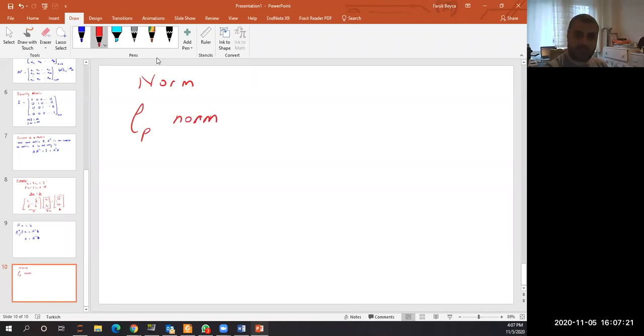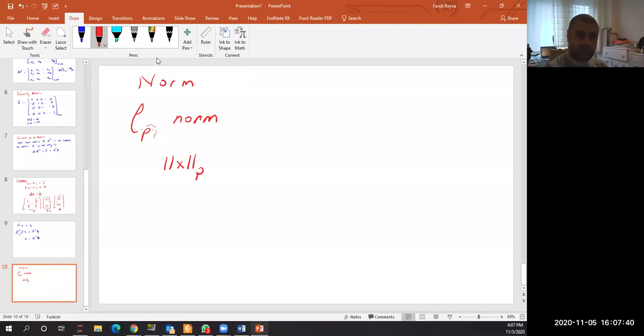We are going to represent this Lp norm, meaning that if we have a vector with p elements, then the norm of x in p space is equal to